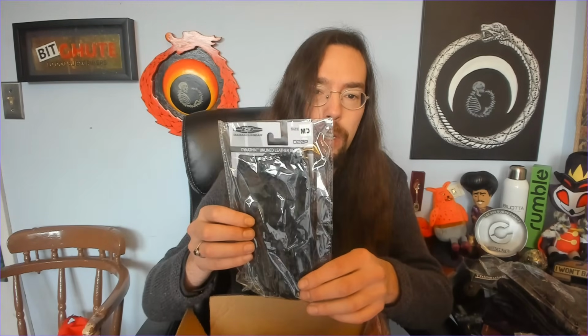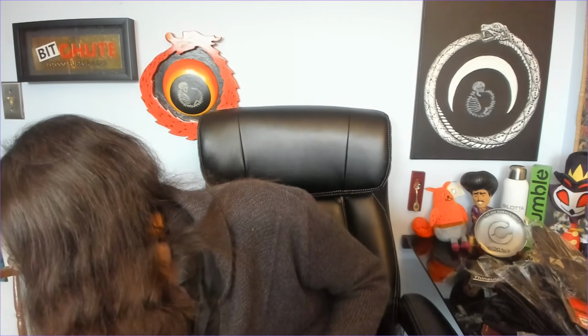Dynathin unlined leather gloves. So I think that's more form-fitting. That's more like for thinner gloves. I wonder if they're capacitative, actually. I'll have to test it out. And Nitro tactical gloves. And these have little balls in them, so it can increase your punching ability. Those are for when your hands are cold, but you're also fighting a bear at the same time, and you